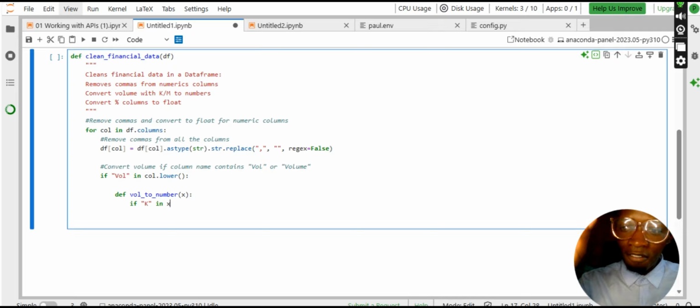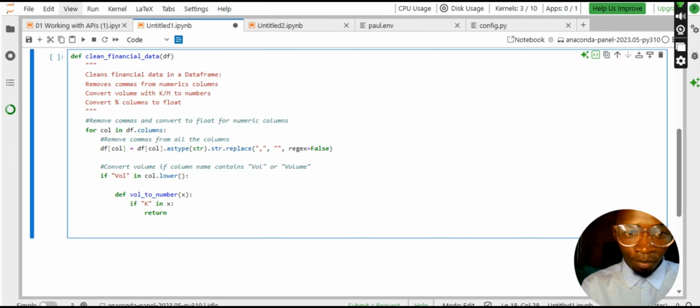For every item in that column, if it has k at the end of that number, what is the function supposed to do? It's going to return a float, which will be multiplied by 1000. So let's go ahead and write the return function. It's supposed to return a float,